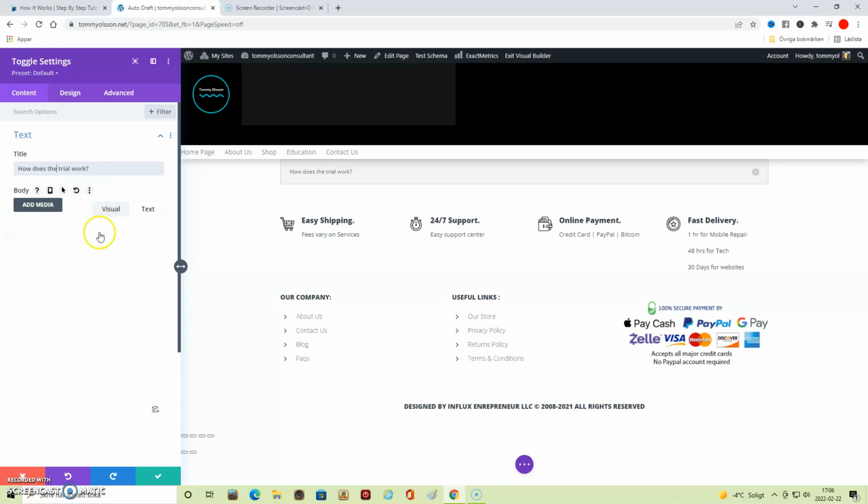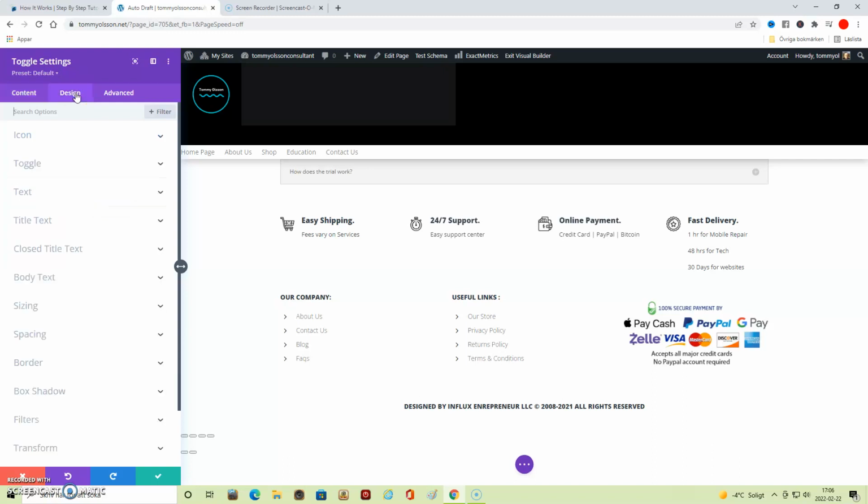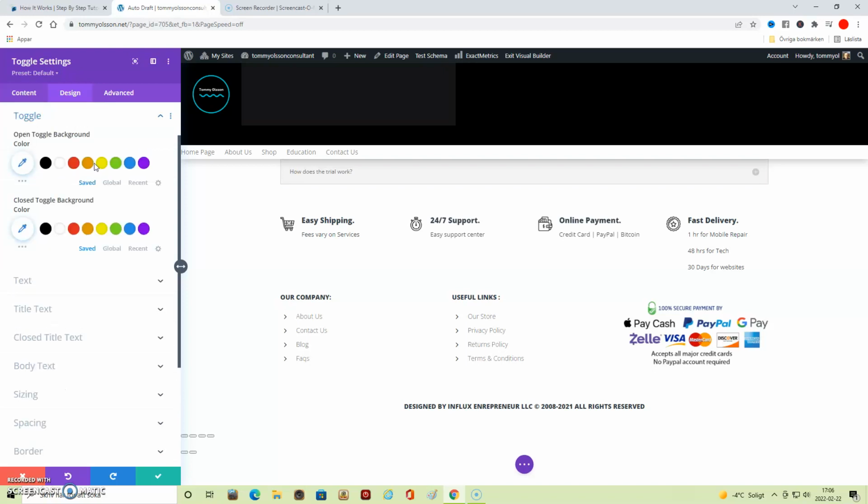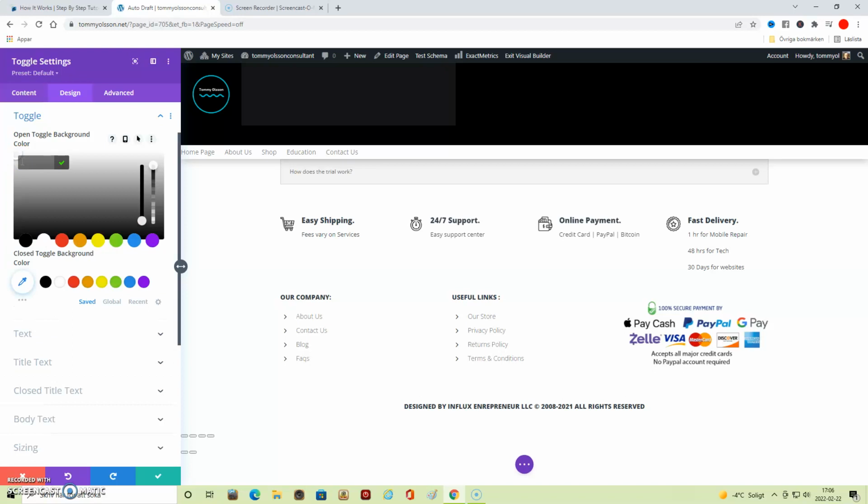And then you go to design. And you can change the toggle background color. You can pick any color by clicking that tool, and you can go and fetch any color you want.